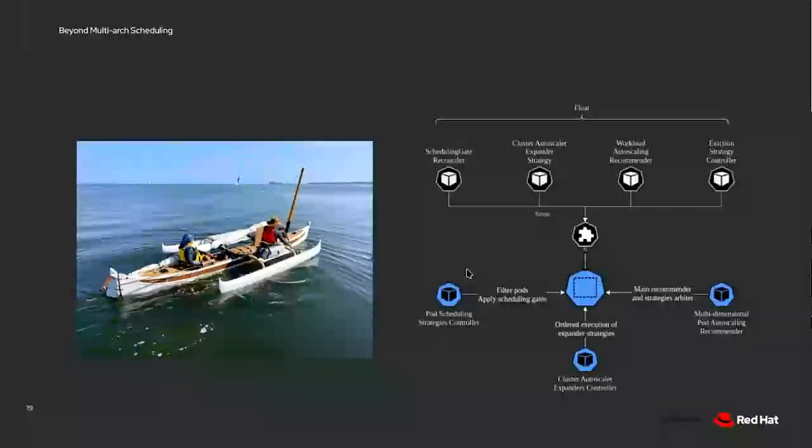They are different based on the type of boat that you are navigating. And I think they represent what Outrigger tries to do based on the challenging water that you are navigating with your container orchestrator. I don't know, HPC workloads, long-running services, multi-architecture Kubernetes clusters,